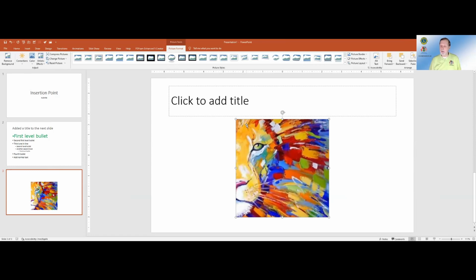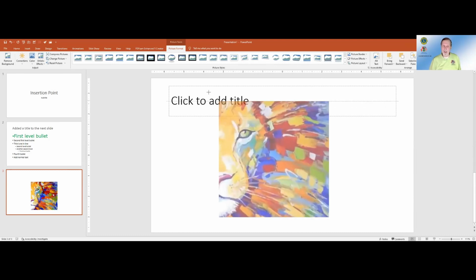I want to make my picture bigger, and the way I do that is I position my mouse on one of these little circles. These are called handles. As a general rule, I use the corner handles to expand or contract the size of this picture because I don't want it to be skewed. If I use one on the sides or top or bottom, the picture is going to be squeezed in some way and or stretched out, and I don't want to do that. So I keep it symmetrical by the corner handle, again exercising the click and drag.